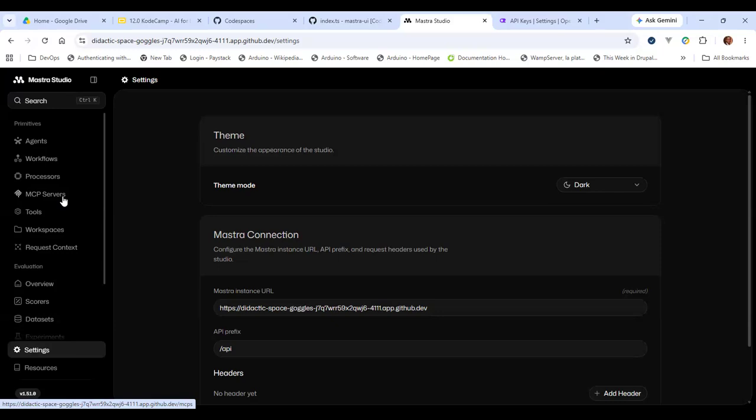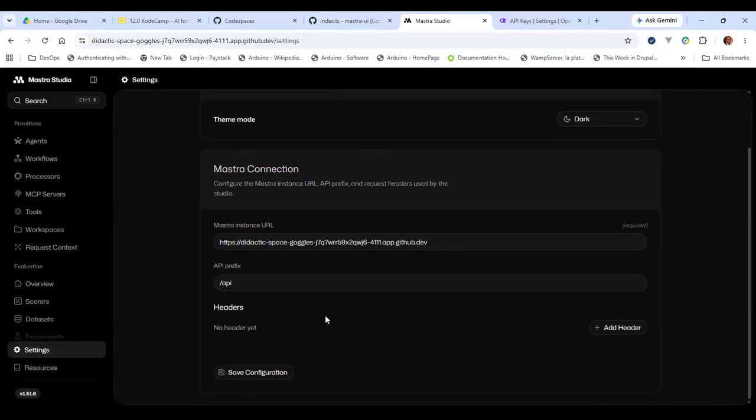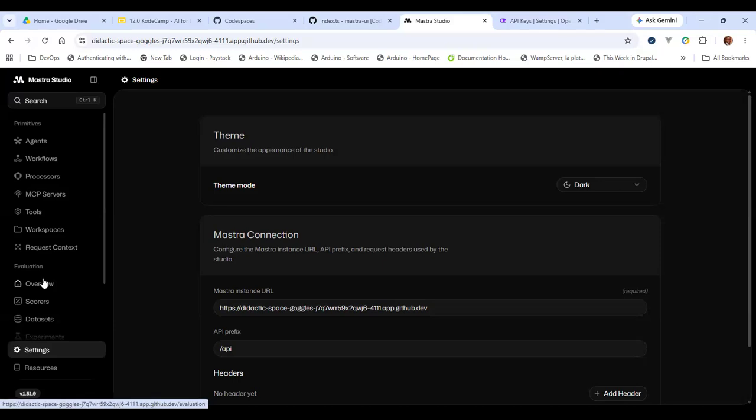But the things you're actually going to be fine tuning to improve your agents will be your prompts and your tools, and maybe your workflows, your chains, right? Mastra gives you a very powerful environment to do all those experimentations without having to write too much code. The only code you write is the code that sets up the agent and sets up the tools. The prompts are things you can modify.